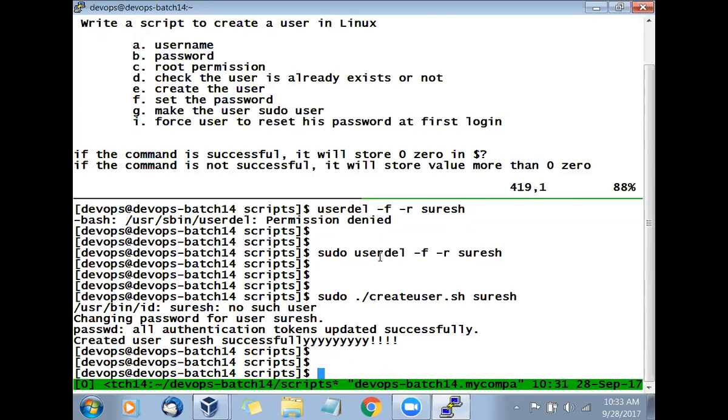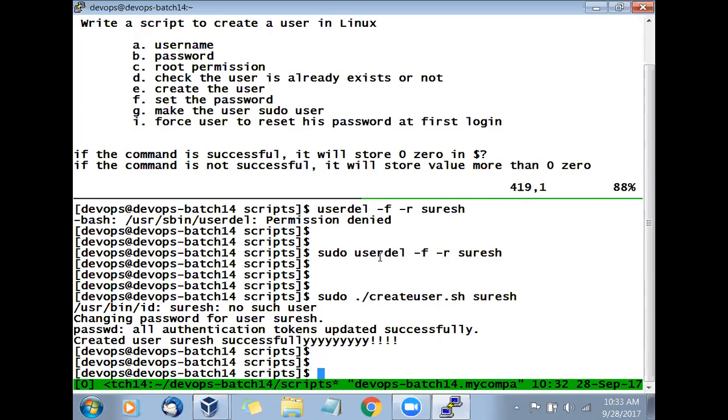Make that user a sudo user. How can you do that? You can say -G, user by group.